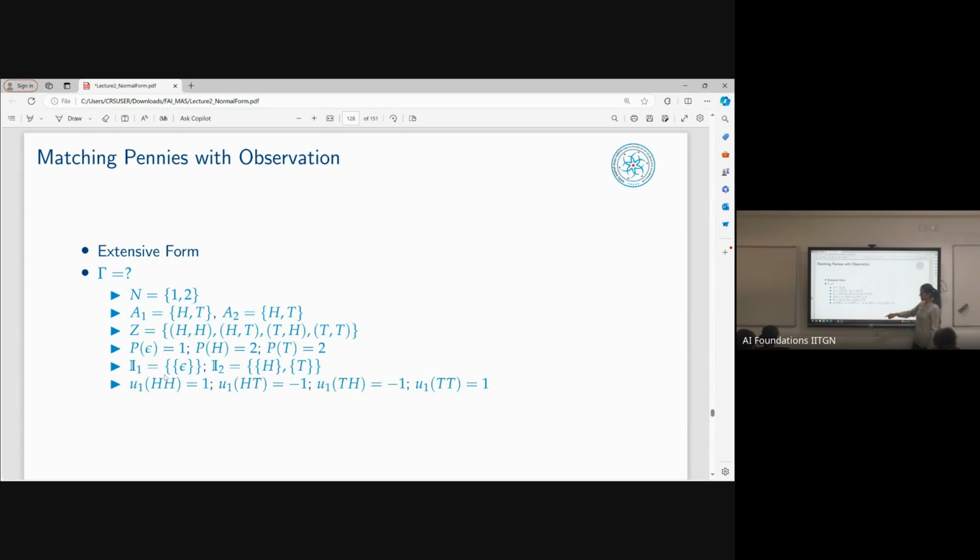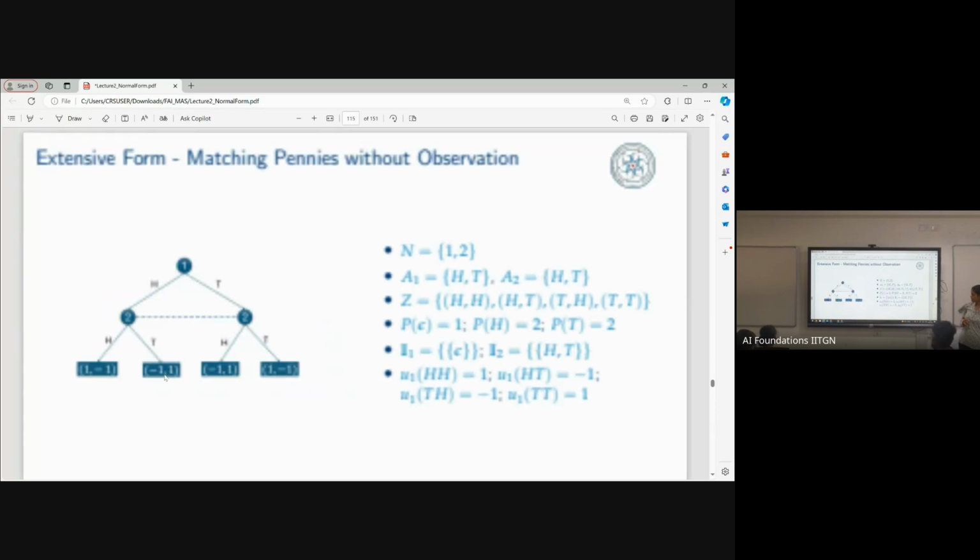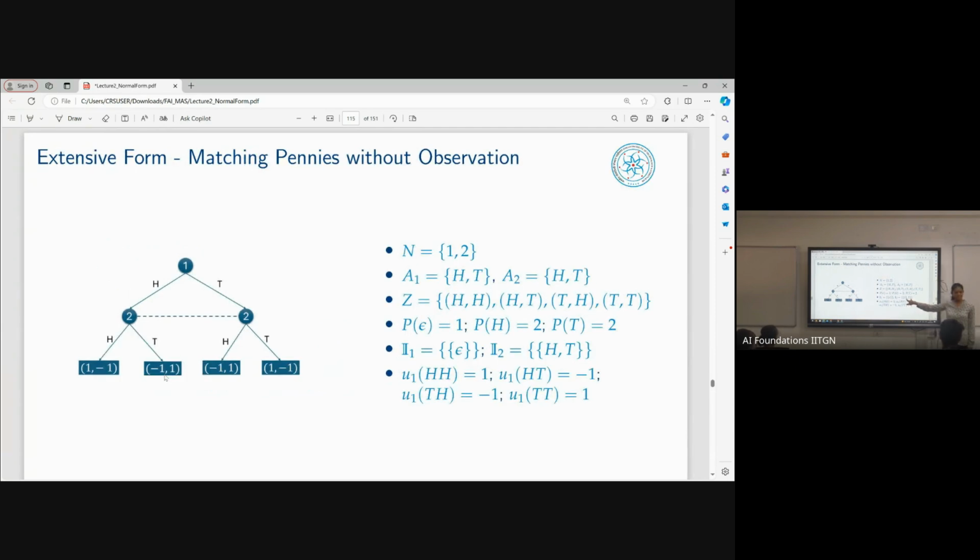So here there were two information sets of agent 2, and both of them are singletons. But in the previous example without observation, there was one information set of agent 2, and the cardinality of that set is 2. It's not a singleton set, because now agent 2 is not able to distinguish between these two actions of agent 1. So whenever this cardinality is 1, that means it knows where it is at this point, or what the previous player's action was, and therefore that game would be a game of perfect information.